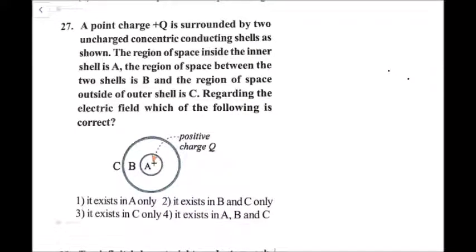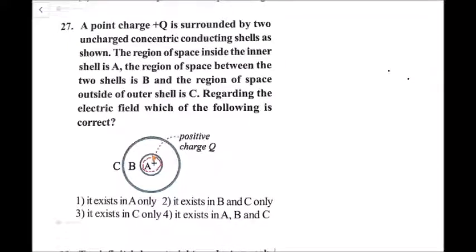A point charge plus q is surrounded by two uncharged concentric conducting shells as shown. Here the region of space inside the inner shell is A. The region of space between the two shells is B and the region of space outside of the outer shell is C. Regarding the electric field, which of the following is correct? Here to identify the electric field, we just have to imagine a Gaussian surface